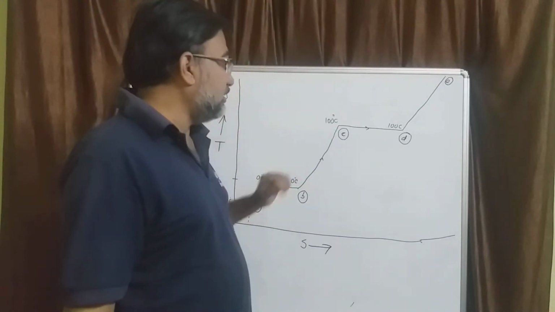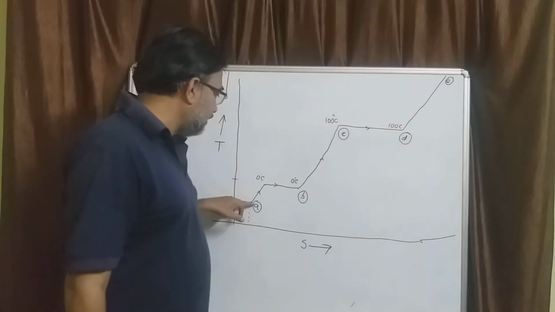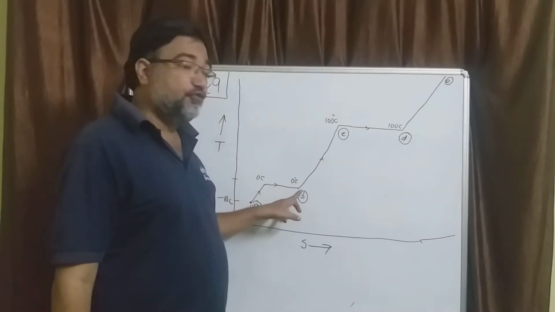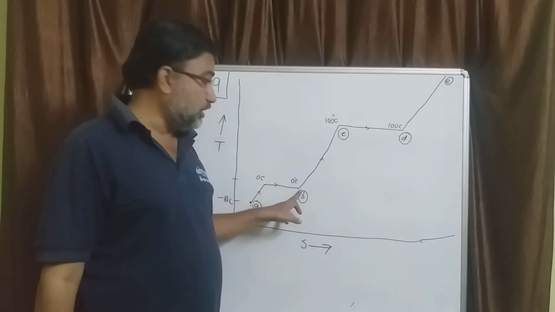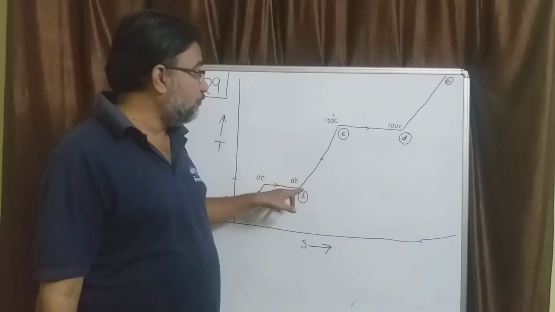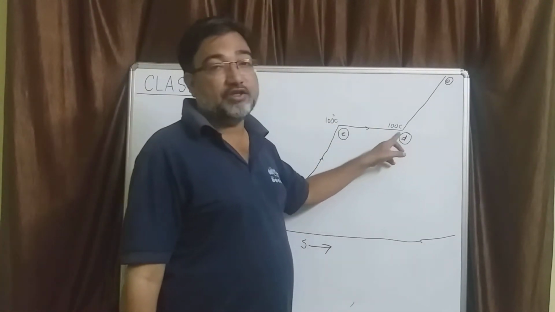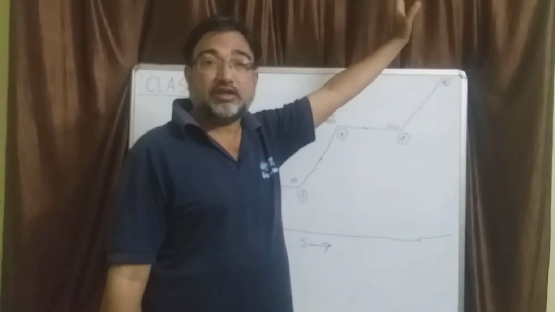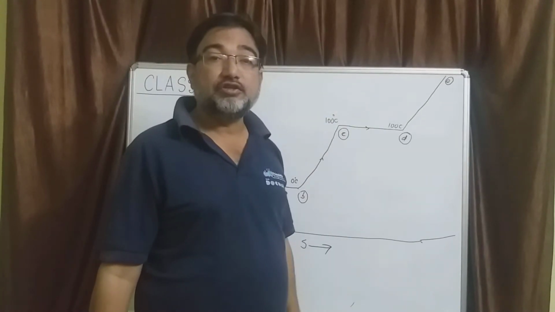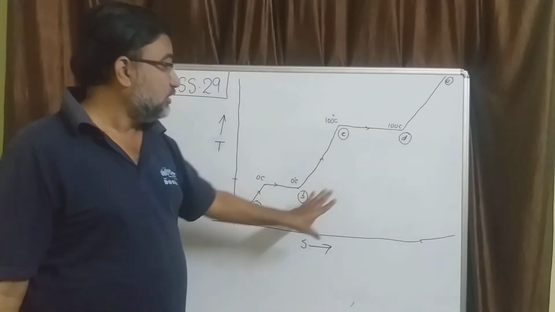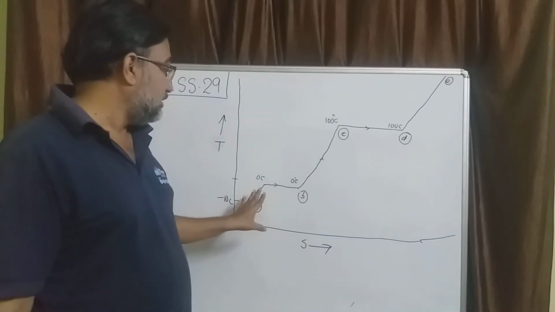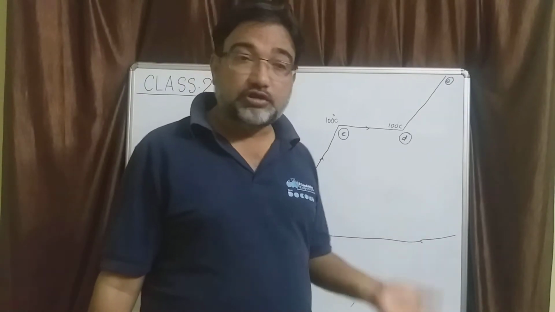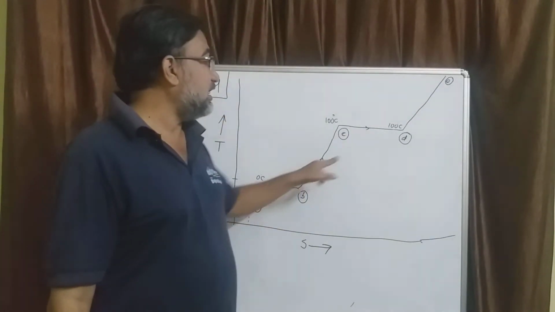Now look at one thing. This is the solid phase, up to this is solid phase. From here to here there is a phase change from solid to liquid. From here to here it is pure liquid phase. From here to here again there is a phase change from liquid to vapor, and from here till the maximum temperature it can go, it is vapor phase. So there are three phases shown here, and there are two flat lines representing the latent heat of fusion, or latent heat of melting, and latent heat of vaporization.